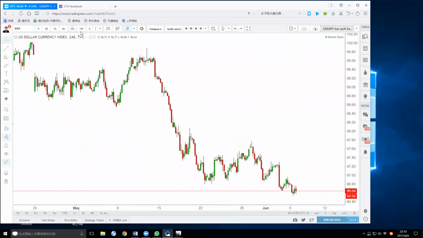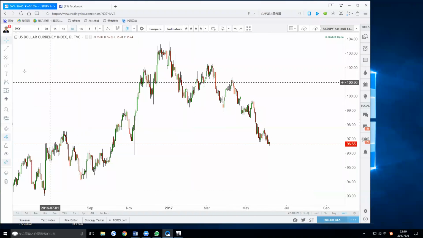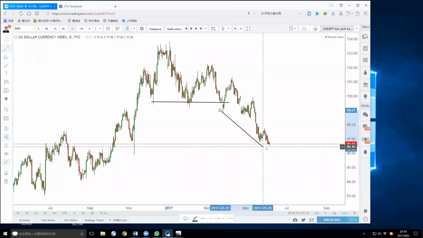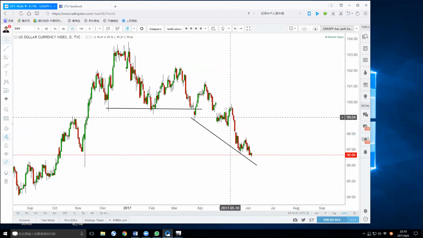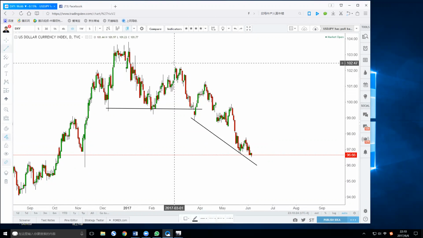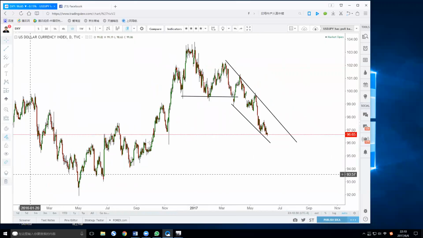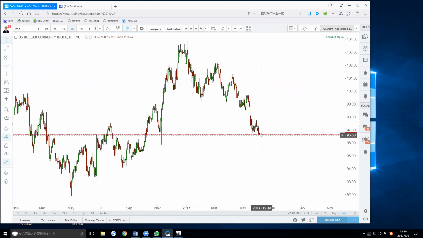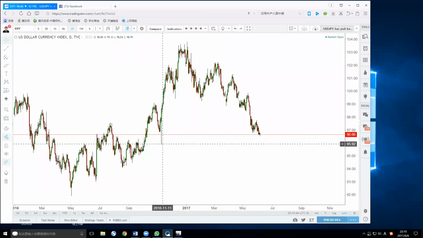All right, so first of all, let's look at the DXY, the dollar index. The dollar index has been breaking down the previous lows, the neckline, and then it always makes a lower low. The pullback isn't strong enough, so it actually maintained the previous downtrend. The downtrend is quite obvious, still in the downtrend. Although it drops a lot, don't assume that it will pull back very quickly or very fast, because it has the chance to test the previous low like 95.50 or maybe the bottom of the pin